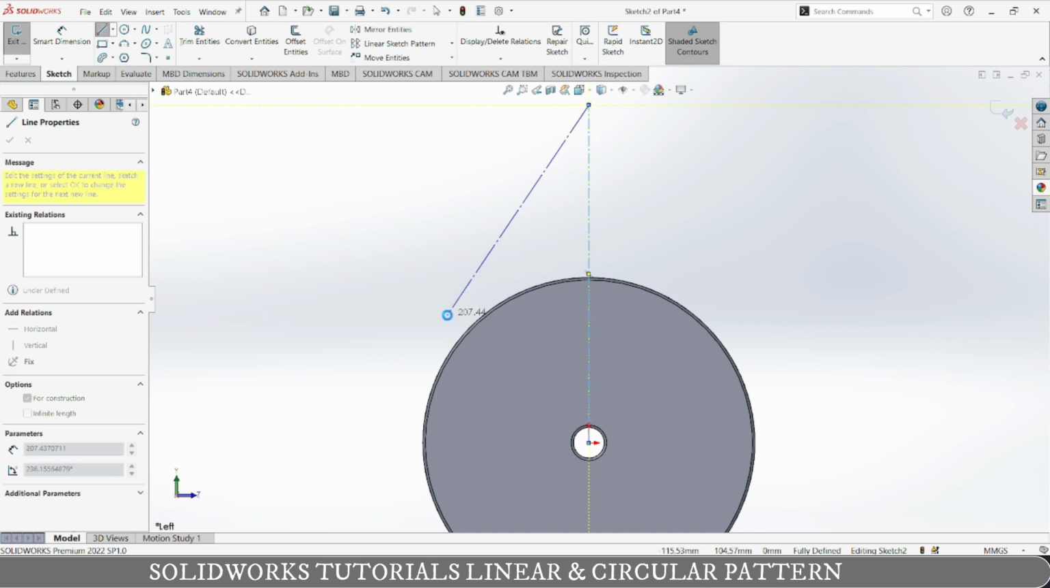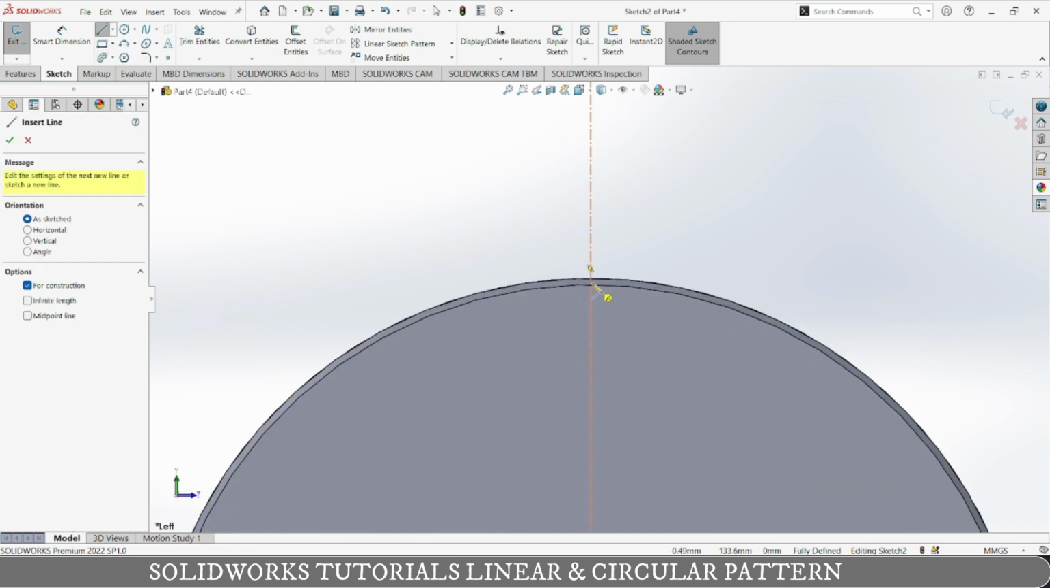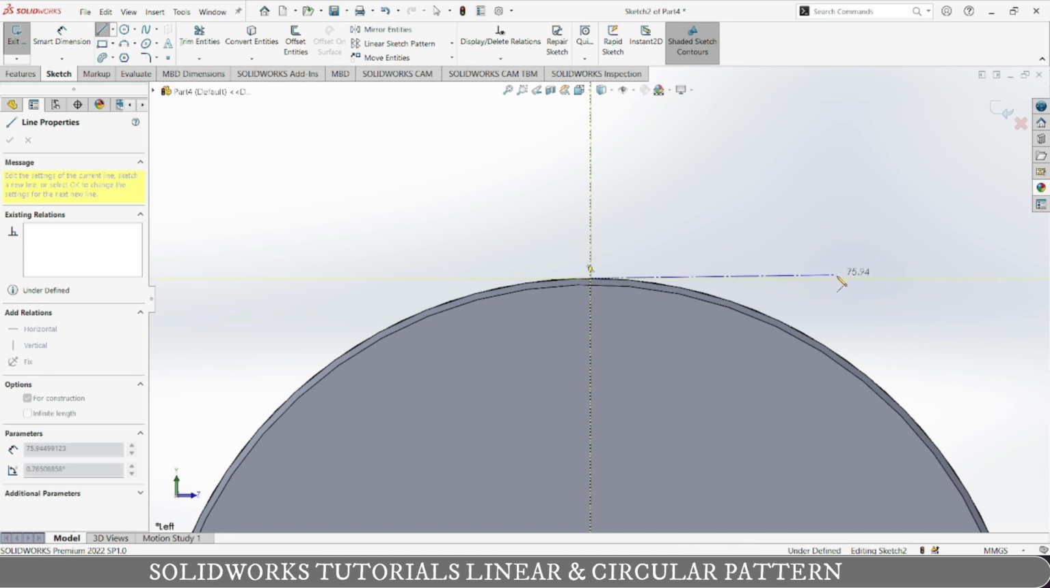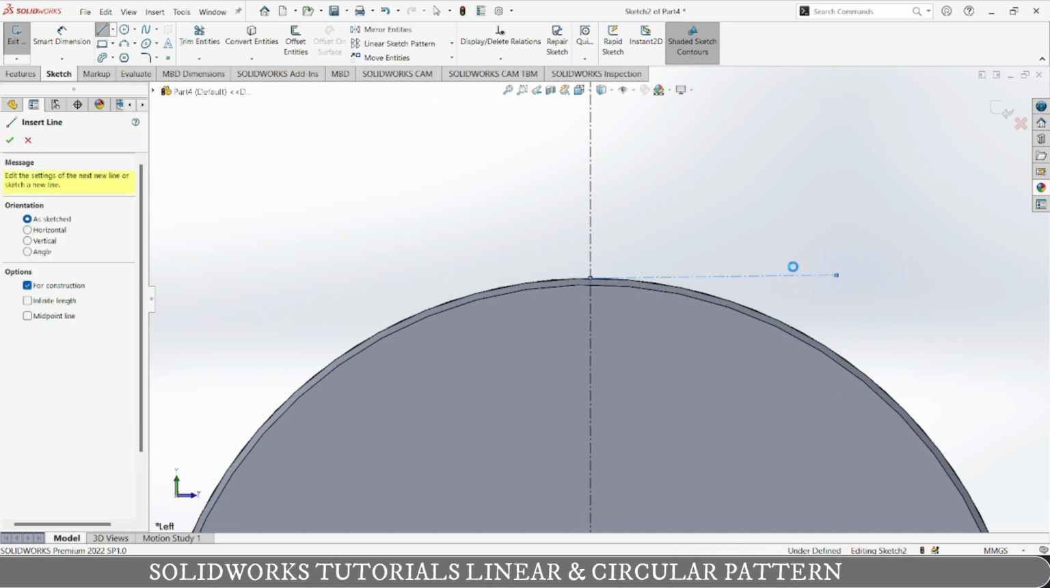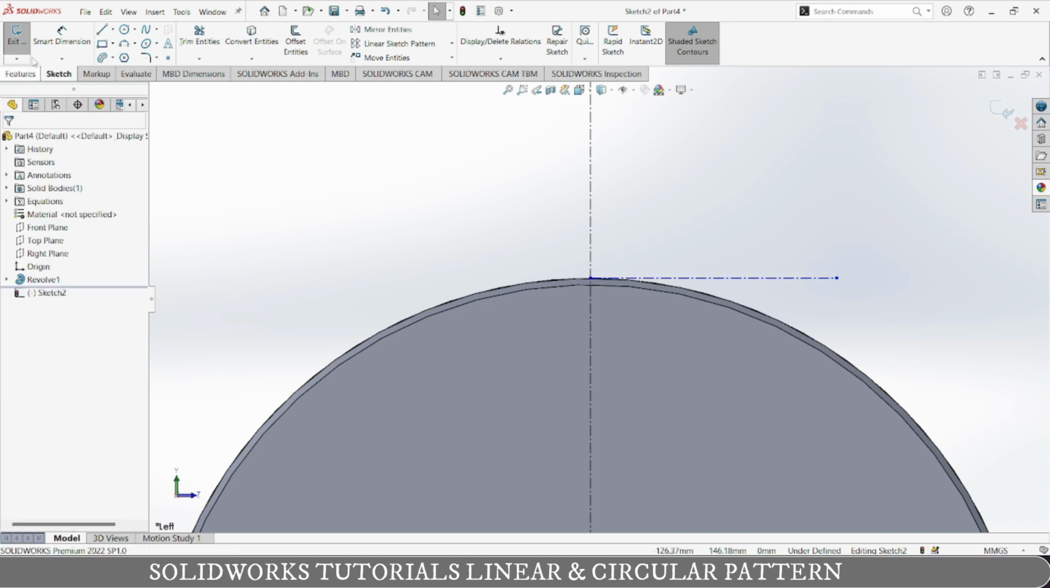Yeah, and one reference line from this point over here. Make it horizontal. Just make this horizontal, and now go to